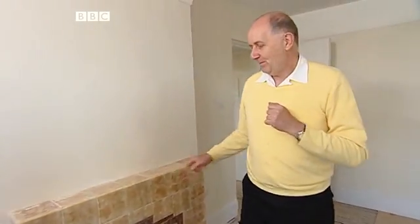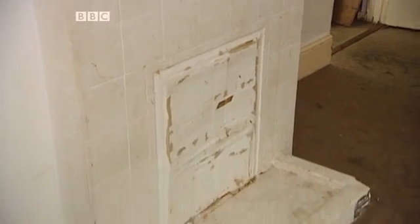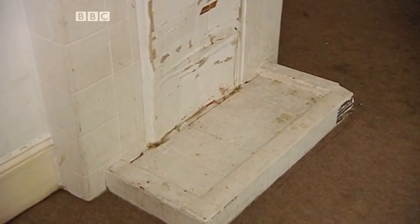Well, the fireplace was a bone of contention between me and Nina. Nina wanted it stripped out, but I wanted to keep it for 2 reasons. One, I knew that it'd make a lot of mess and quite a lot of work to strip it out. And the second is it is an original feature, and I believe in trying to keep original features within the